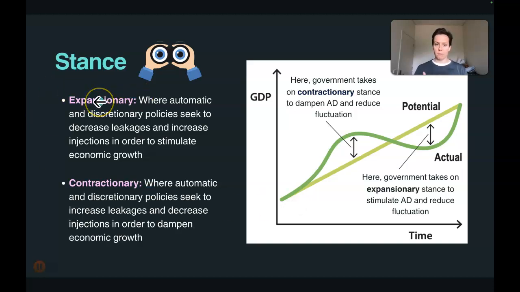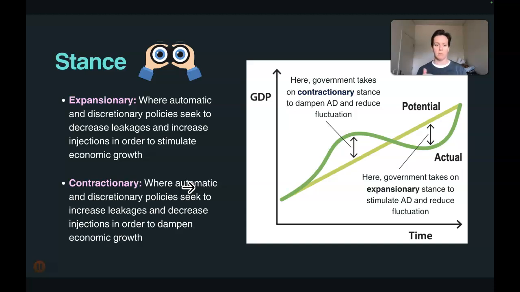So during an expansionary stance, the government uses automatic and discretionary policies to decrease leakages and increase injections in order to stimulate economic growth. And then the opposite is true in a contractionary stance. The government is going to be able to use its automatic and discretionary policies to increase leakages and decrease injections in order to dampen economic growth. It takes a little bit to get your head around this stuff, guys. Make sure you're writing this down in your notes and you're using symbols and icons to make sense of the